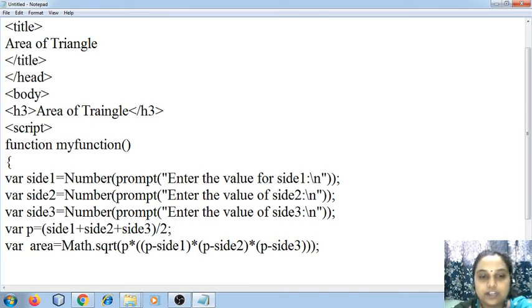Alright, so this is Heron's formula to find the area of the triangle.